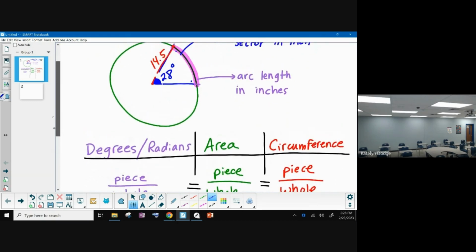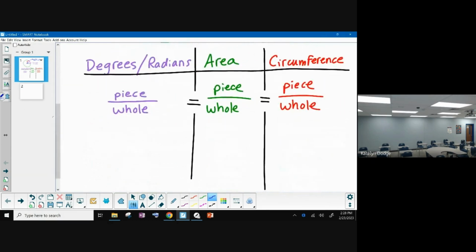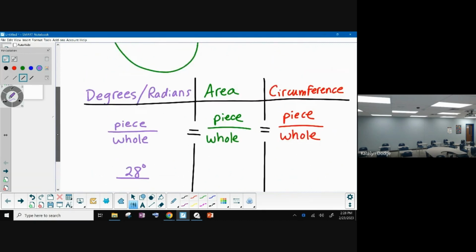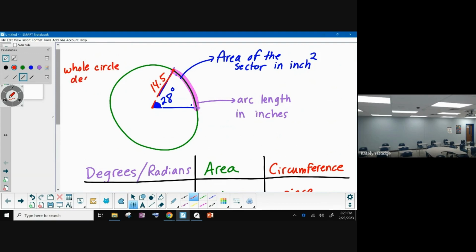So instead of piece over whole for degrees, I can actually plug in some numbers, right? My piece is going to be the 28 degrees. What do I plug in for whole? Well, this is just a fact I'm going to have to remember. This entire circle, for any single problem, the whole circle degrees